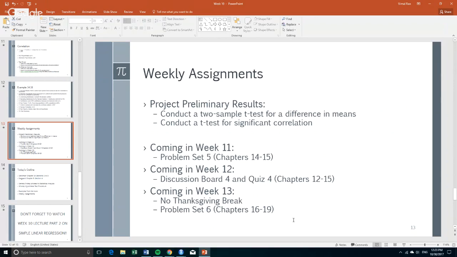So today we did the t-test for significant correlation. Set it up the same way that I just did. Make sure that you have those 10 steps. Make sure you address each of those 10 steps. Make sure that you're doing your preliminary analysis. What you're going to submit is going to be similar to the problem sets, but submit each of these